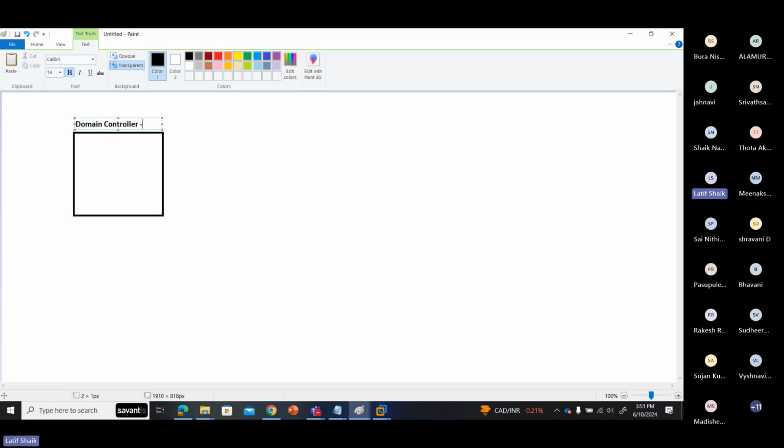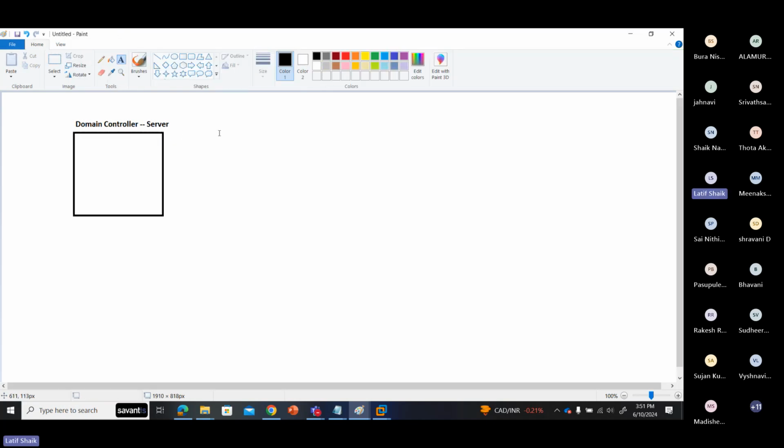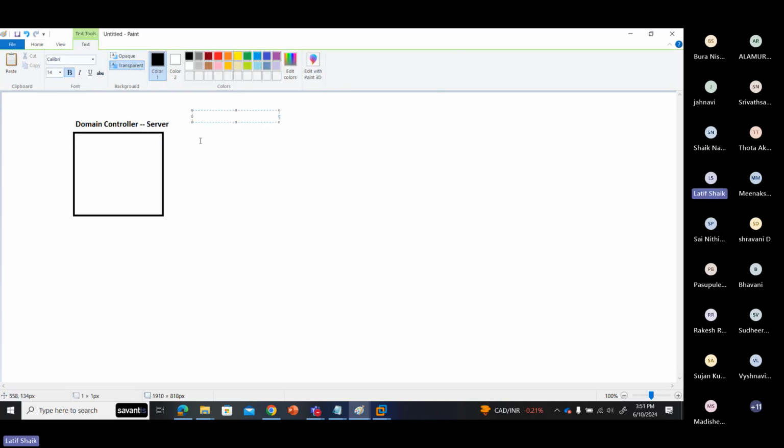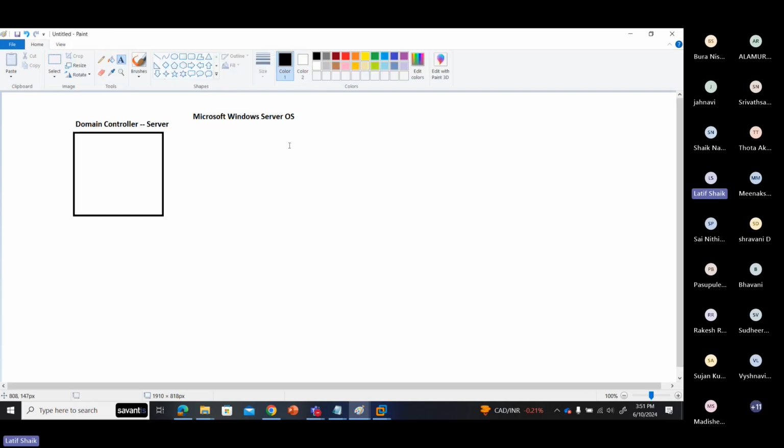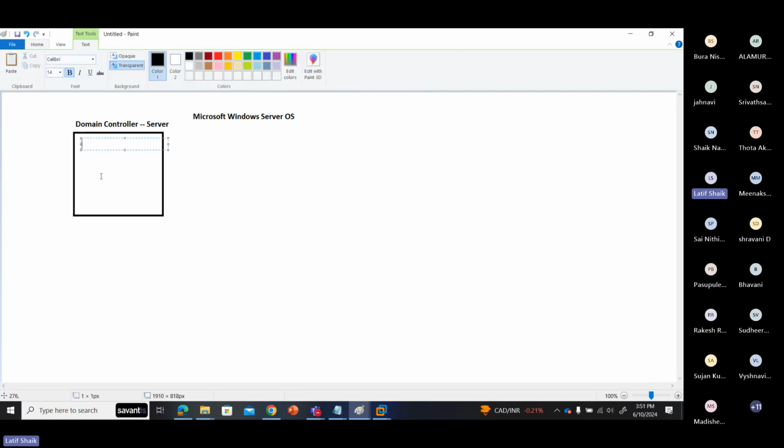As I said, it is a server, a Microsoft Windows Server operating system that I have to install. And it becomes a domain controller by installing a role